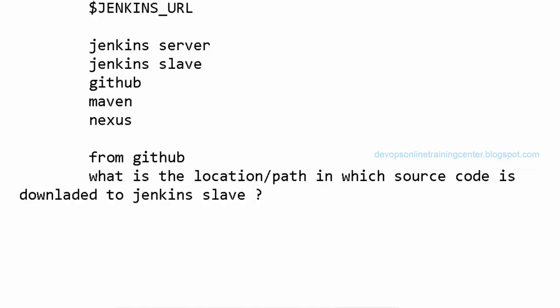Anyone? You mean like etc has all the configuration files, so there is another directory where all the binaries are stored. You're asking about that directory? No. So this is Jenkins slave, right? So Jenkins stores binaries in one specific directory. Let us say I created a new job called XYZ. So that job's information will be stored somewhere in Jenkins slave, right? Where is the path of the directory? What is the path of the directory?